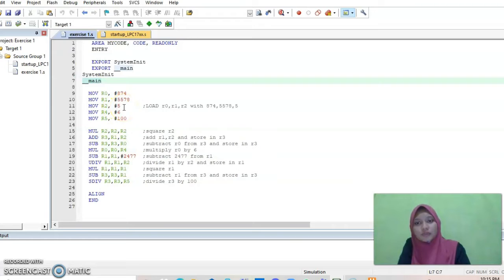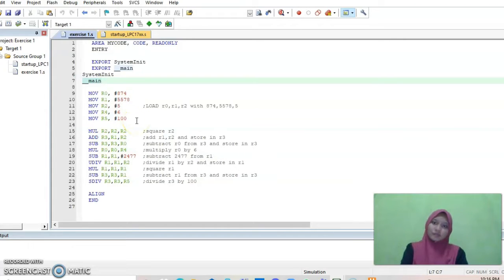This means we load R0, R1, R2 with 874, 5578 and 5, and then we move 6 and 100 into R4 and R5,